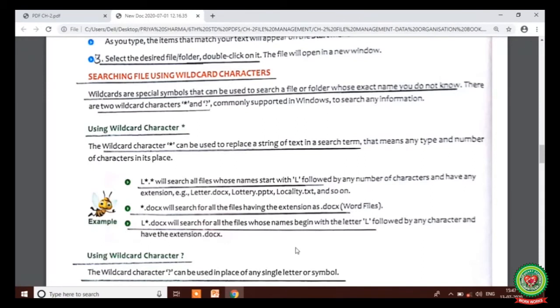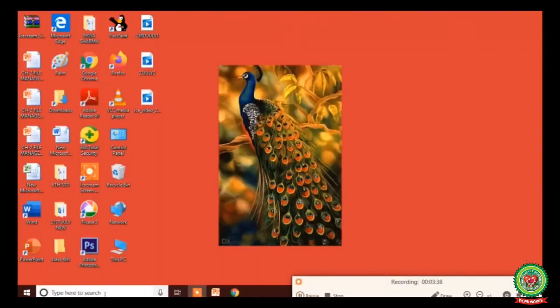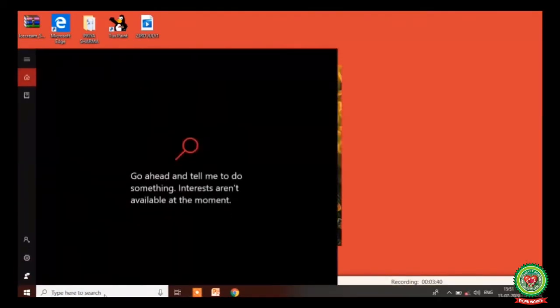Now again look at your book at page number 18. Here we will see the second example, that is asterisk dot docx will search all the files having the extension .docx, that is Word file. Let's do it practically now. Click on search box and type the name of the file that you want to search.